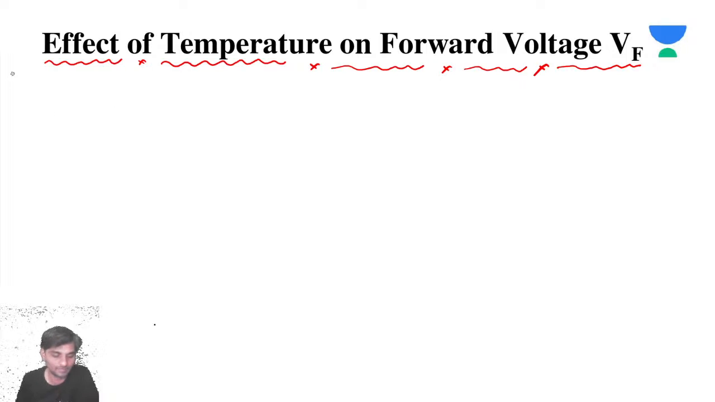Now consider the same reverse saturation current I naught. What we have discussed is I naught is equal to K1 into T power m into e power minus Vg naught by eta Vt. We already know that